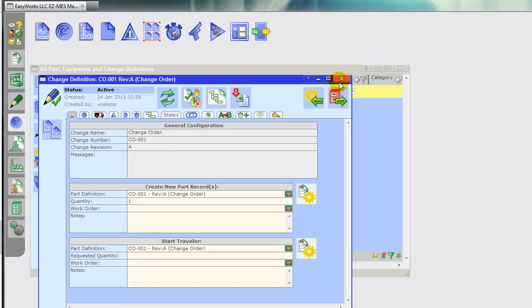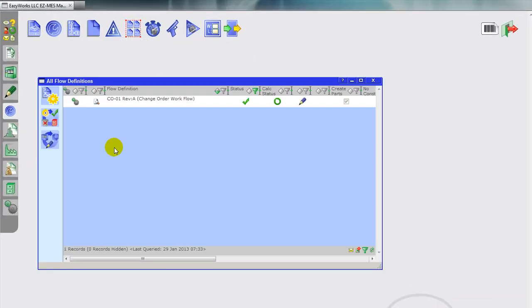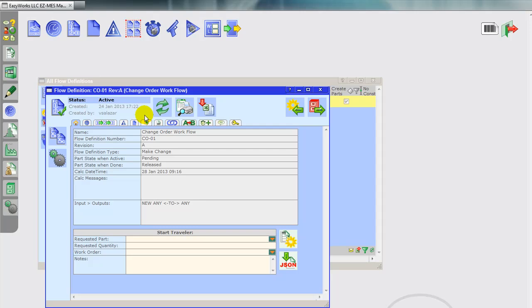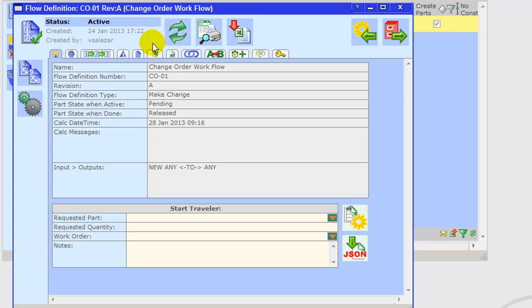Now, after your change order is done, we will create a flow definition that handles the steps taken during your change order. So you could have a number of steps in this flow definition or operations in the flow definition that handle your particular change order process. This particular example is only going to contain a single step, which yours could very well be a single step as well. So on the new change flow